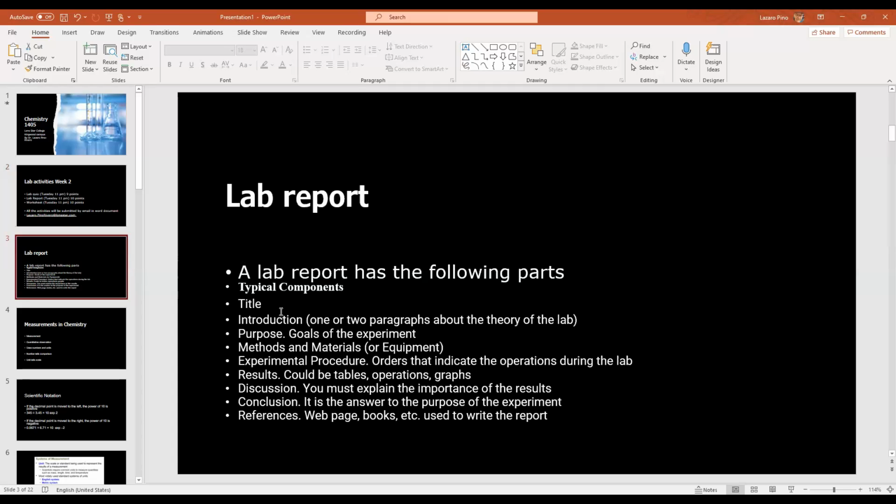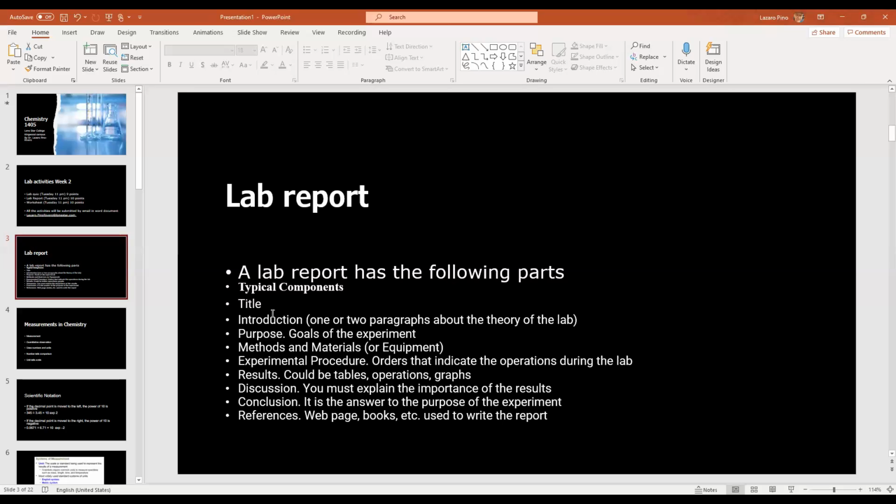The lab report, well, you can find in D2L in week 2 a video about measurements. You have to watch that video, and after that you have to write the different steps, the measurements done by the professor, and using this data, you will write a lab report. The lab report has, first of all, a title. The title is